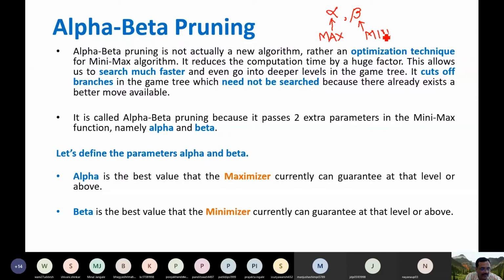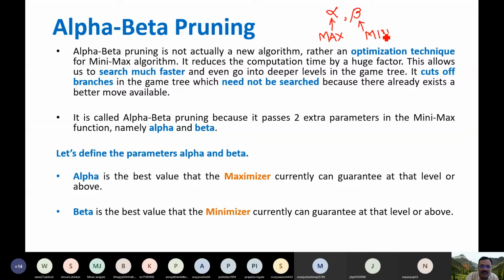So alpha is the minimal score that player max is guaranteed to attain. In other words, the minimum that the maximizer can take. Again, I am repeating, the alpha value defines the minimum that the maximizer can take.